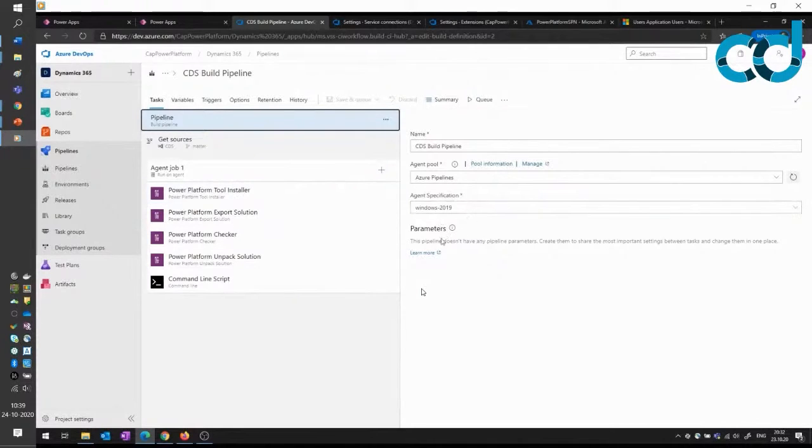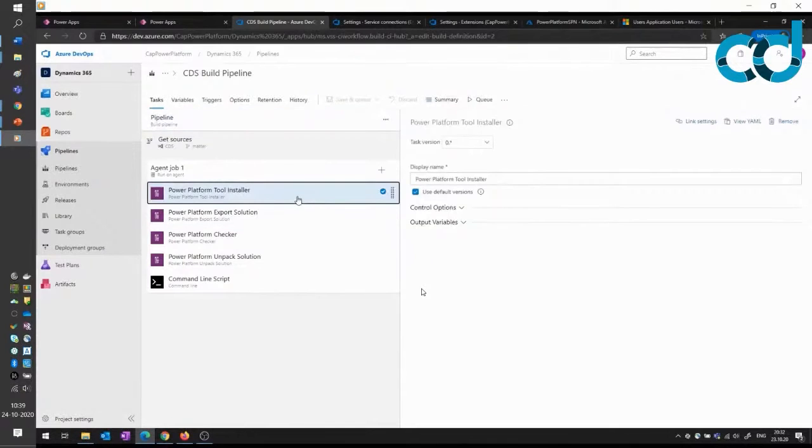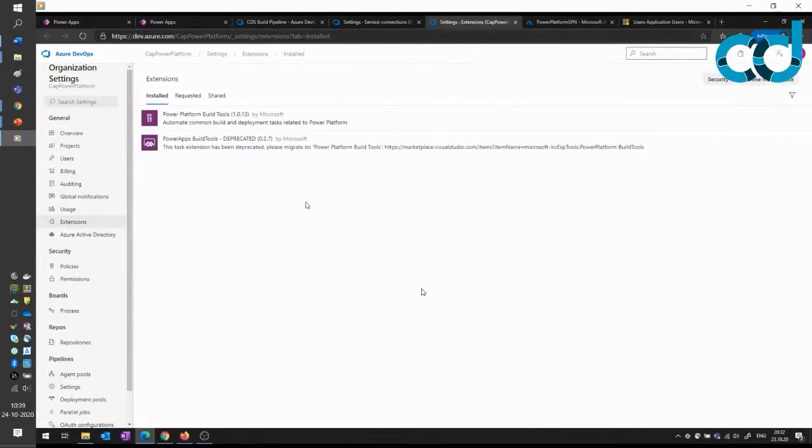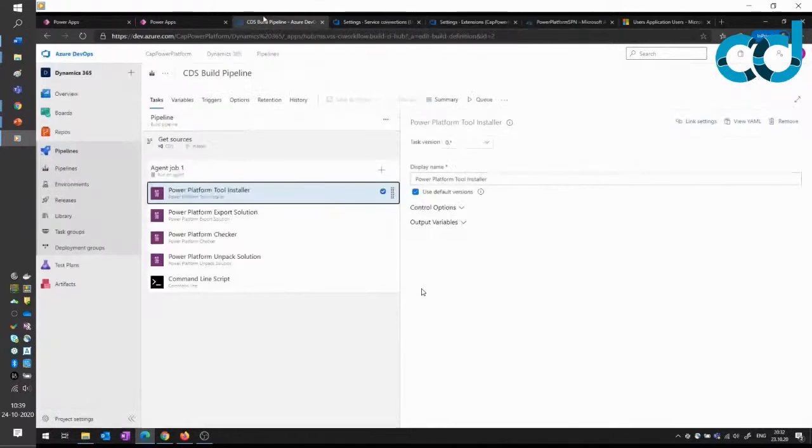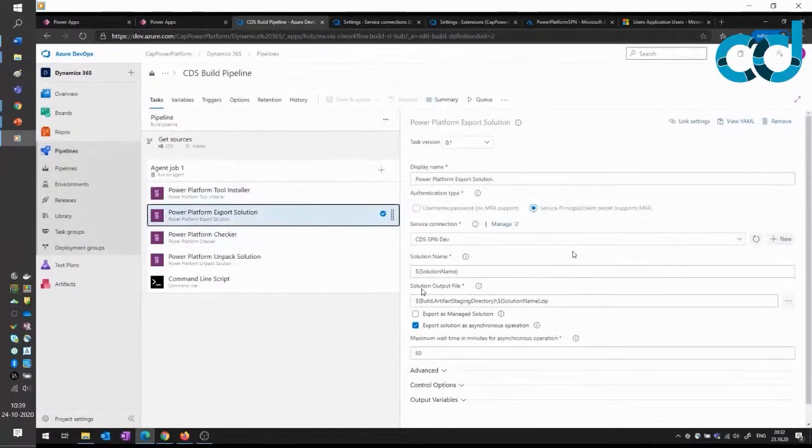There is a latest version. You can see that you run it against the Windows agent here. But if we look at the Power Tools installer, then you will see that there is a new version, and that new version has some new capabilities that we want to utilize, right? So things like connection references, but also the way you can set up the service principals between Azure DevOps and Power Apps.